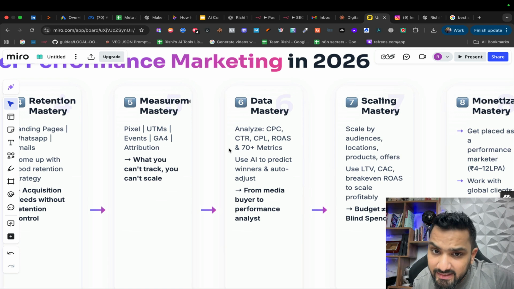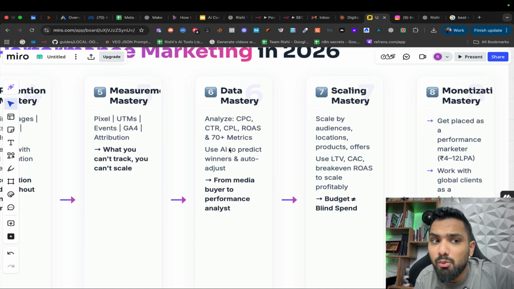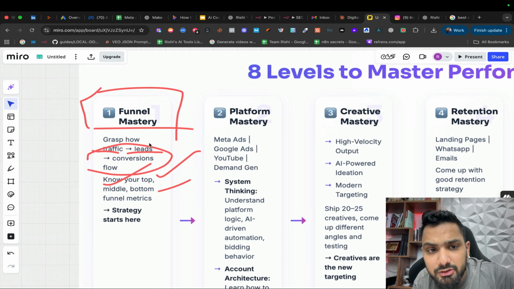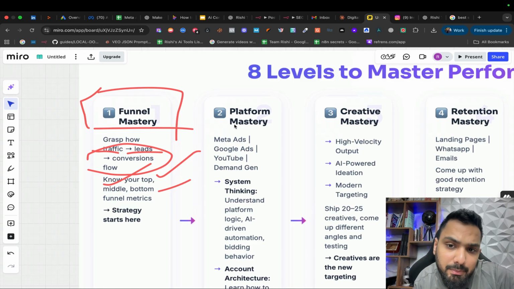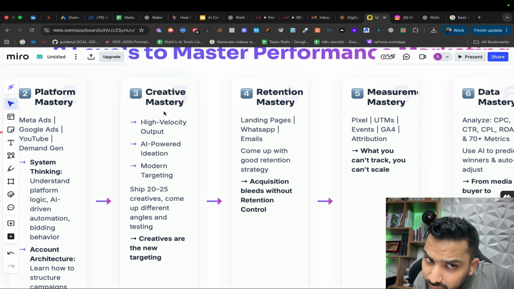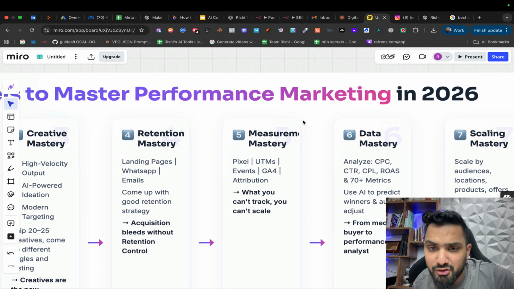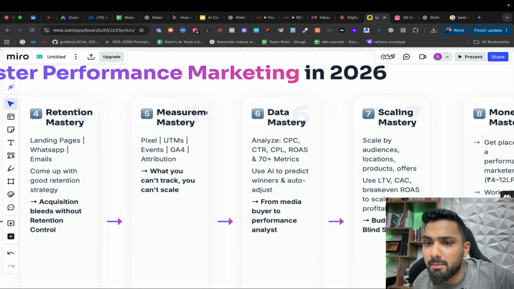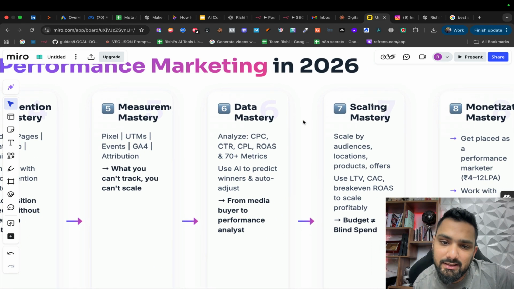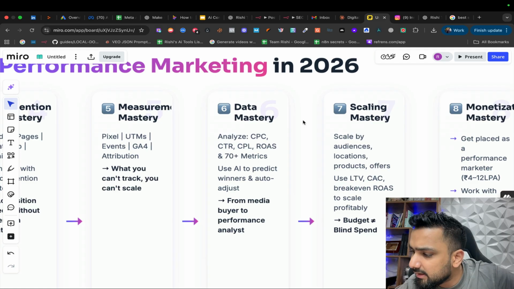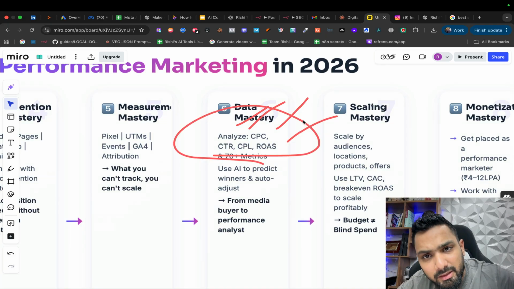Next you have is data mastery. Now, once you have understood strategy, once you've had platform mastery, once you've gone through creative mastery, you're doing retention, and you were able to do measurement mastery, now comes the ability to understand data, right? Your capability of understanding simple terms like what is CPC, CTR, CPL, ROAS, and 70-plus other metrics,